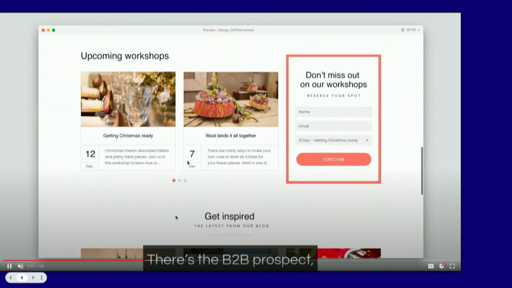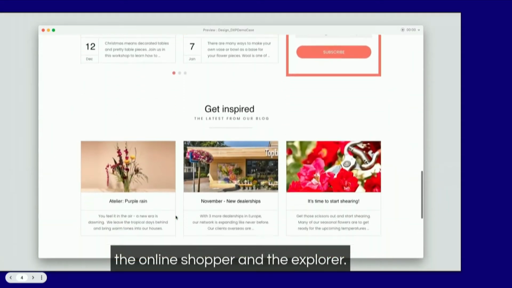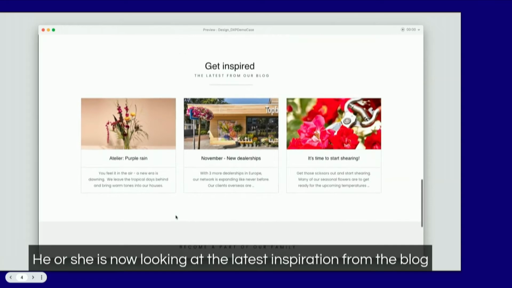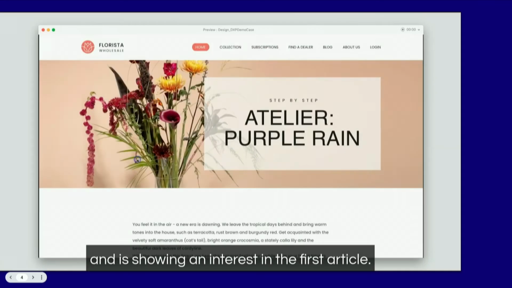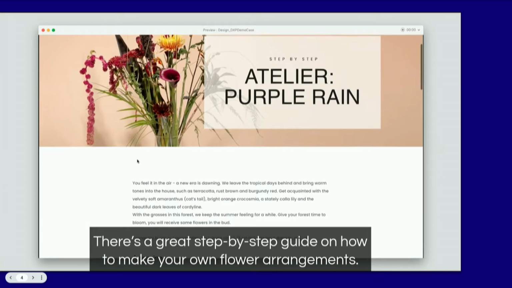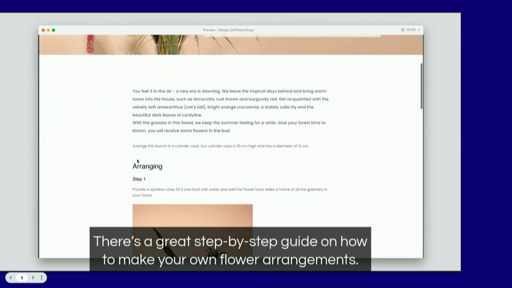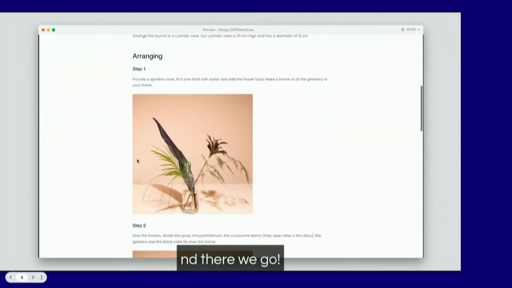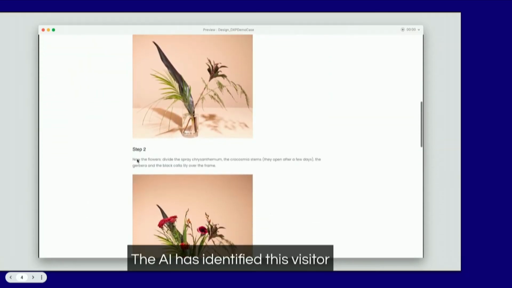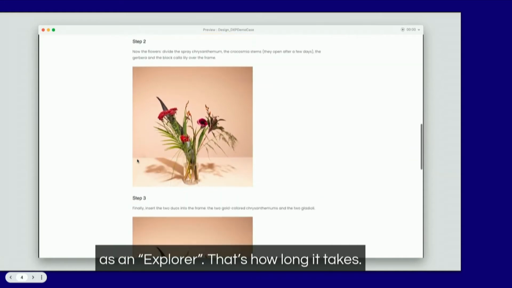I'll continue for now. So just browsing around and trying to figure out like how to do all of this. It's going to this workshop. And browsing around. Now, today, if you make this kind of website, you probably don't know who this person is. And even in Google Analytics, the only thing,